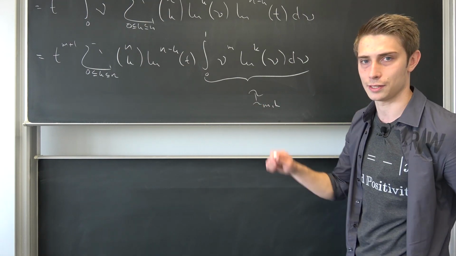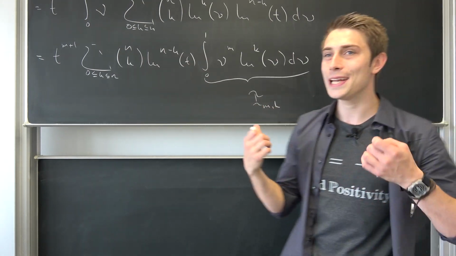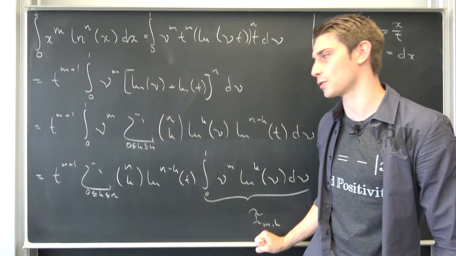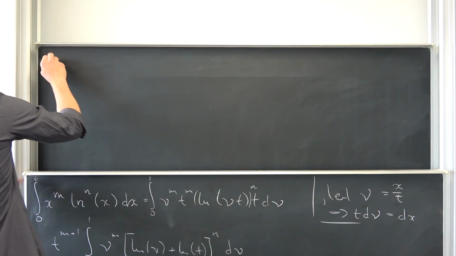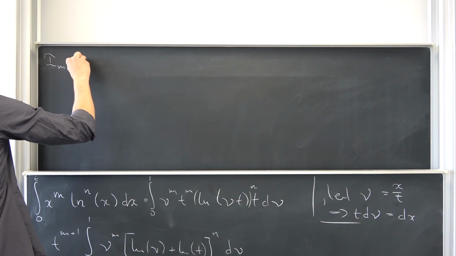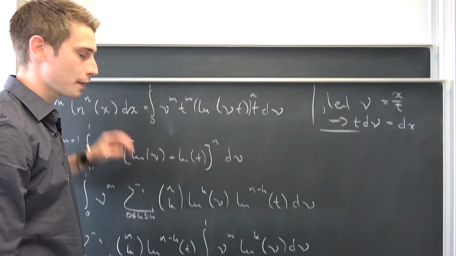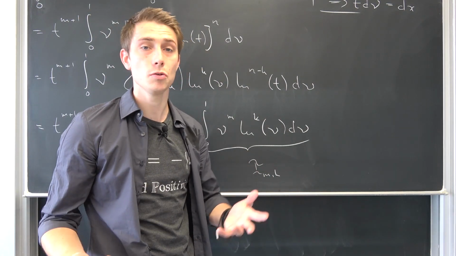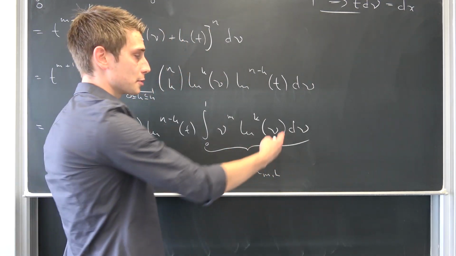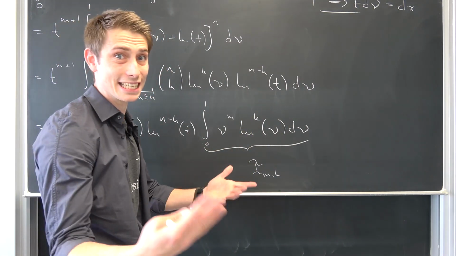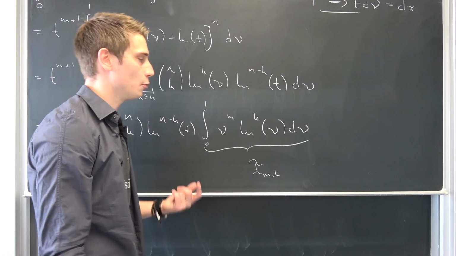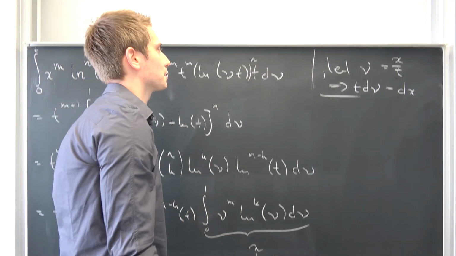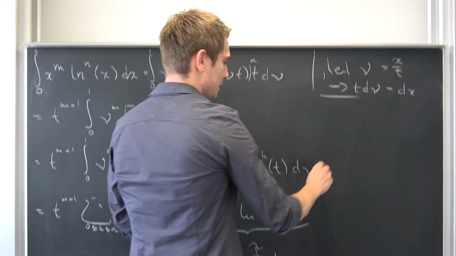But now we are going to solve this thing right here using really fancy integration by parts. Maybe you have never seen this before. It's a really fancy way to write out integration by parts basically. I of m comma k is thus nothing but... We did this a lot before. Finding the antiderivative of natural log is not too trivial, meaning we are going to differentiate it, this part. Also, integrating polynomials is indeed a really trivial, marginal, redundant thing to do. No, it's not really redundant, we have to do it. ν to the mth power, we are going to integrate it. Meaning, I'm going to put it here.